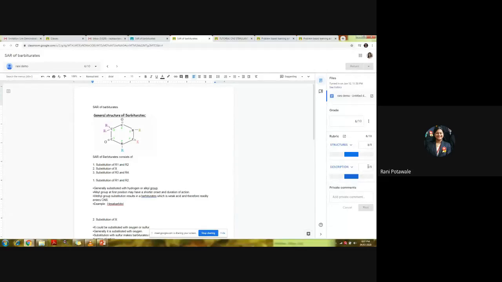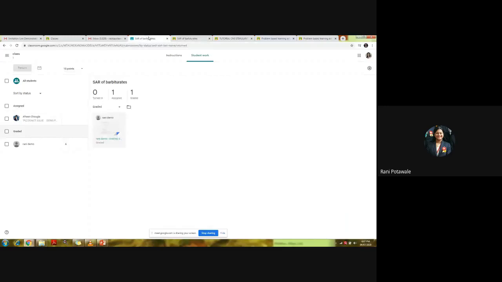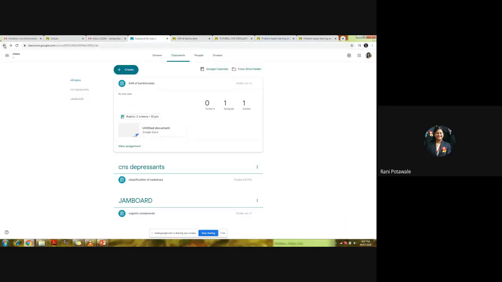When you select the level, it will take the marks, and the software automatically shows the sum of all the criteria. When we return this assignment to the students, they will see these marks along with the breakdown of the criteria, so we can maintain transparency in the evaluation process.